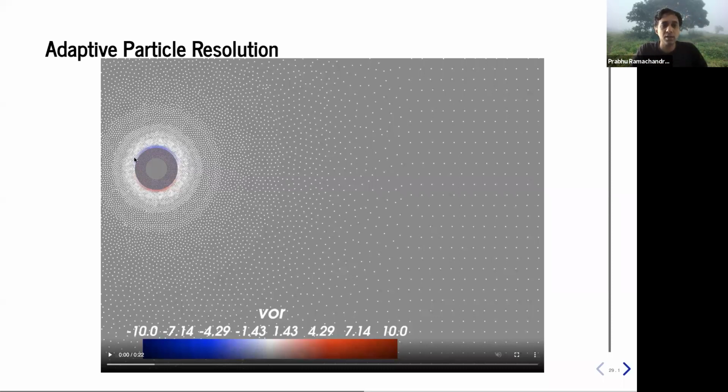So what you're going to see here is the flow is going to evolve, and what we're plotting here is what's called the vorticity. The vorticity basically tells you how things are spinning. If it's blue, the fluid is spinning like this. If it's red, it's spinning anti-clockwise. Okay? So let's just see what happens.